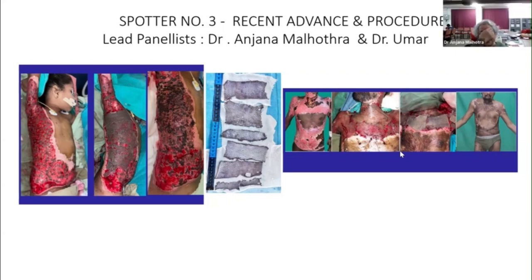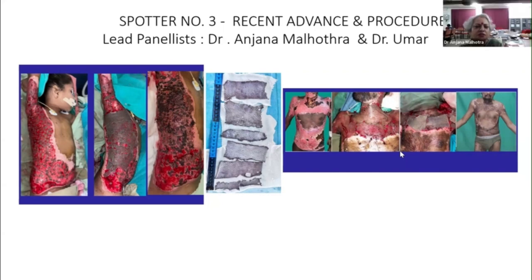What are the types of early excision? I mean, what are the levels to which you excise? Tangential excision, ma'am. In tangential excision, usually indicated in deep dermal burns, mixed thermal burns, and full thickness burns, we have to go till the viable tissue, that is at the level of punctate bleeding and viable fat appears. We have to stop there. Before that, we have to mark the area where we have to excise, and apply methylene blue. After that, we excise the area, starting from the full thickness burns and coming to the normal tissues.